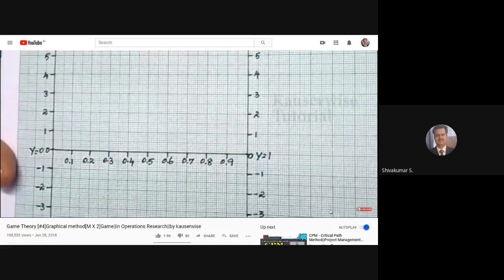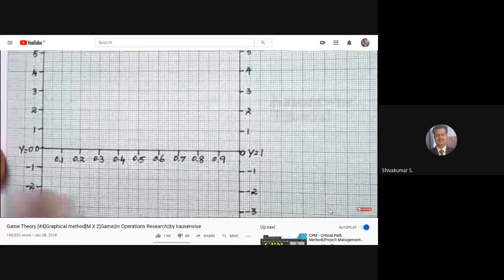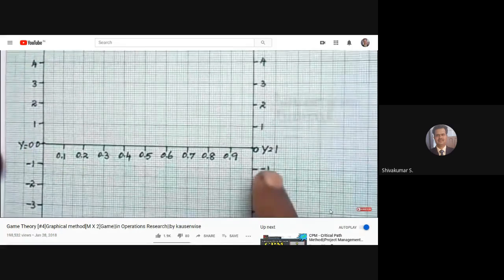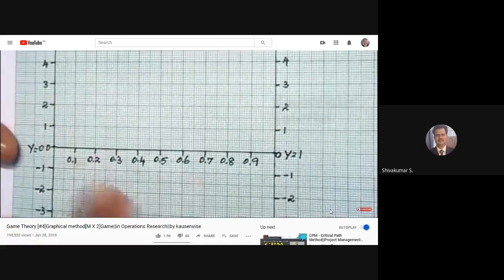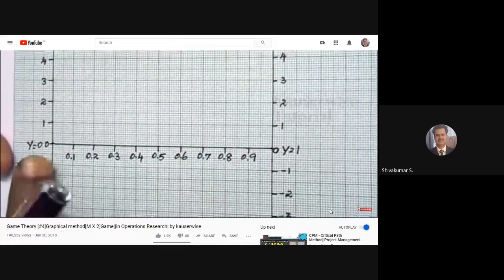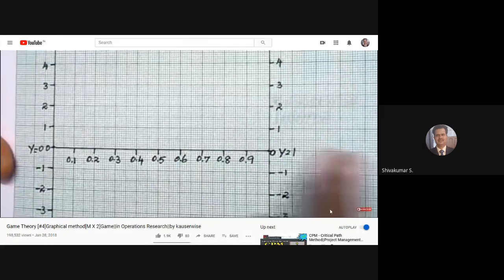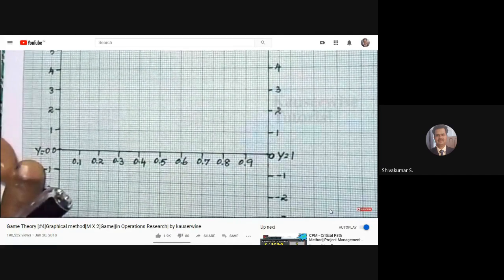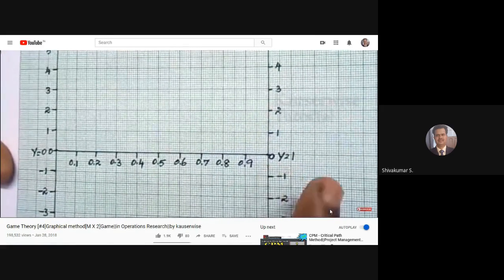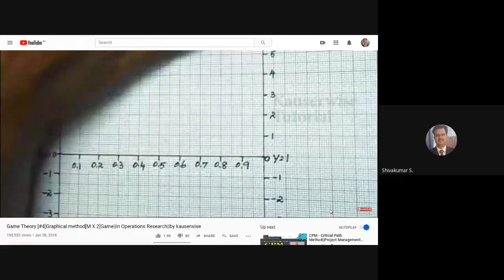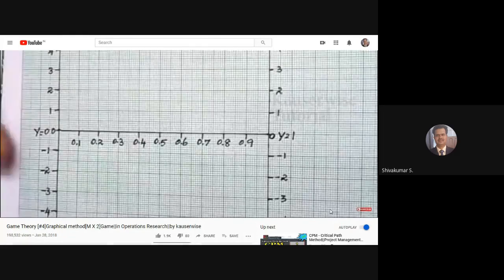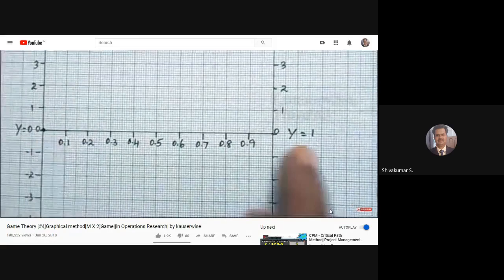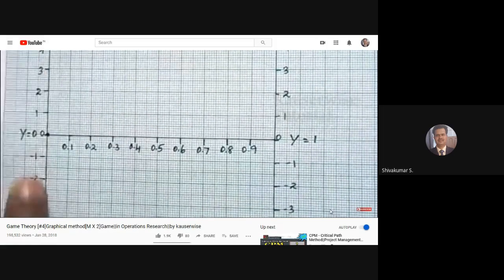Because we have calculated the gain function when y is equal to 0 as well as when y is equal to 1, we need to have two y-axes. Here, according to this problem, keep y on the x-axis. These are the two lines for the gain function: one for when y is equal to 0, and this line represents when y is equal to 1. The upper region is positive and the lower region is for negative values. Again I repeat, keep y on the x-axis and the gain function on the y-axis.